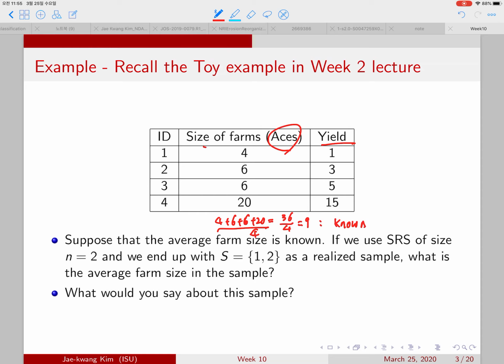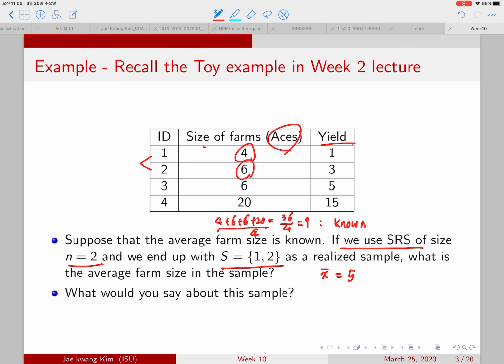And now if we use simple random sampling of size n equals 2, and we end up with the first 2 elements as a realized sample, then you can see that the farm acres are 4 and 6. So the average, x bar, is